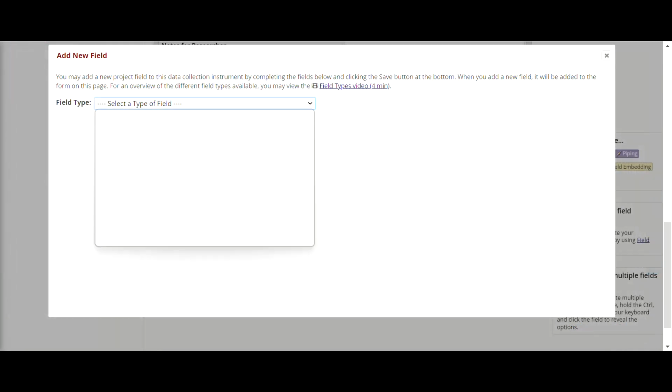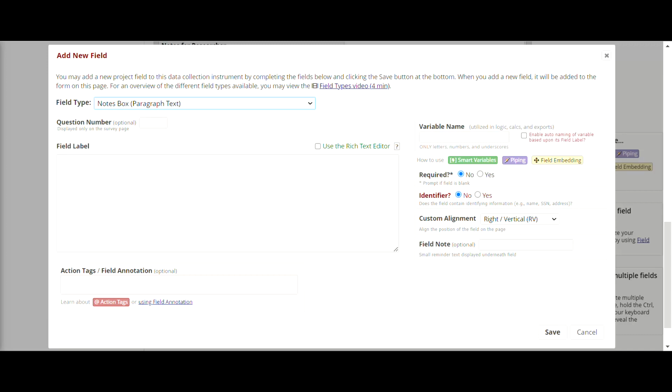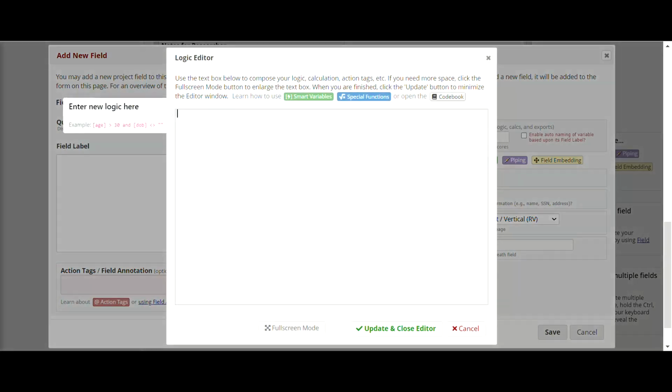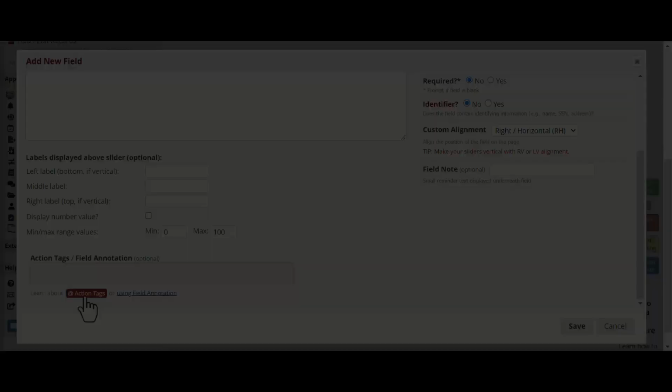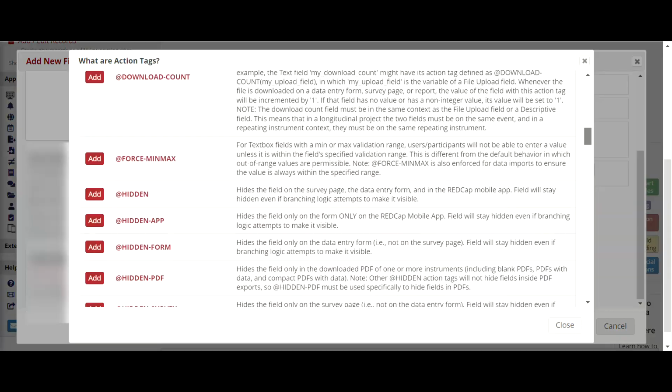Finally, let's look at the notes box option. Unless specified, REDCap does not put a limit on how long a response can be using this field. If you want to limit how long a text response can be, you should use the Action Tags field annotation box at the bottom of the screen. If you're already familiar with REDCap, you can just start typing your action tags into the red box. If not, you can see all the action tags in REDCap by clicking on the Action Tags red button